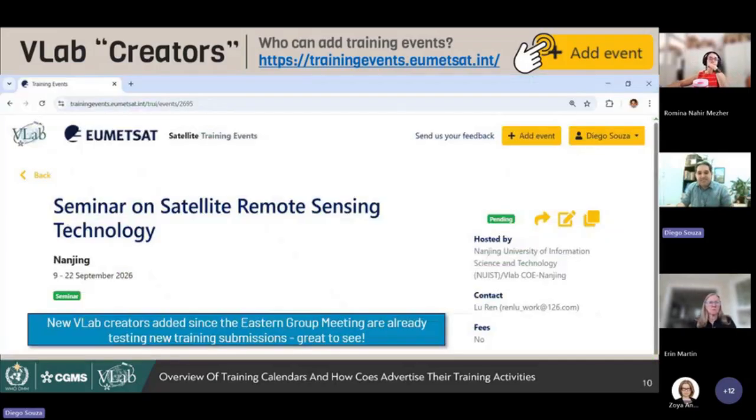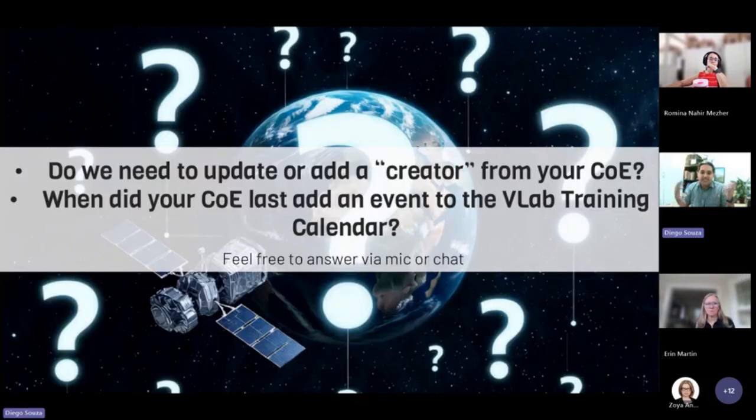And we are really happy to see that since our meeting, colleagues have already started testing the calendar and adding events, such as this example from China, which is currently under review. So this is one of the actions we'd like to propose today, as we will be sharing these slides with you after the meeting: that each COE kindly review this list and let us know if any updates are needed, or if a VLab creator, as we call them, should be added to represent